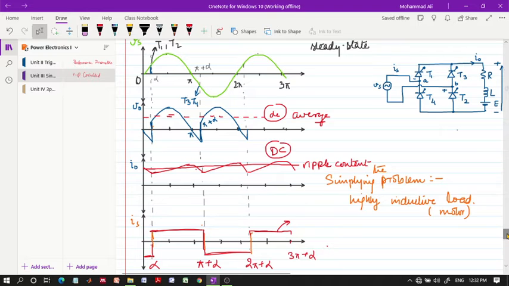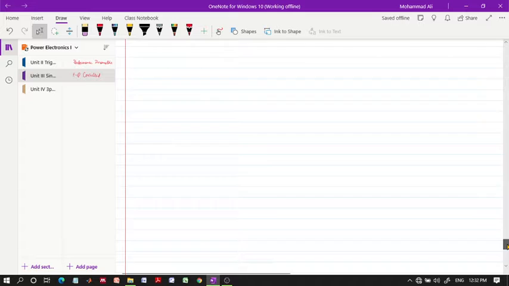Now let us start with the average voltage. What is the average voltage of this output waveform? So let us assume just about this point or this line. How can we calculate it? As you can see, we can take a zone from alpha to pi plus alpha and integrate in this zone, because the next will be the same replica of this. And for the RMS value also, the range will be the same. So let me write it down for you.